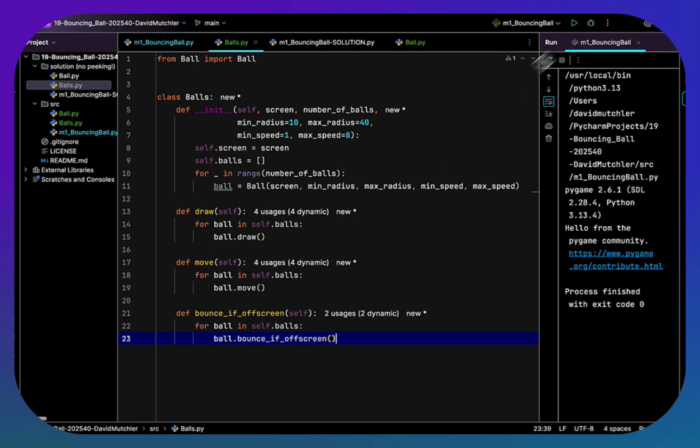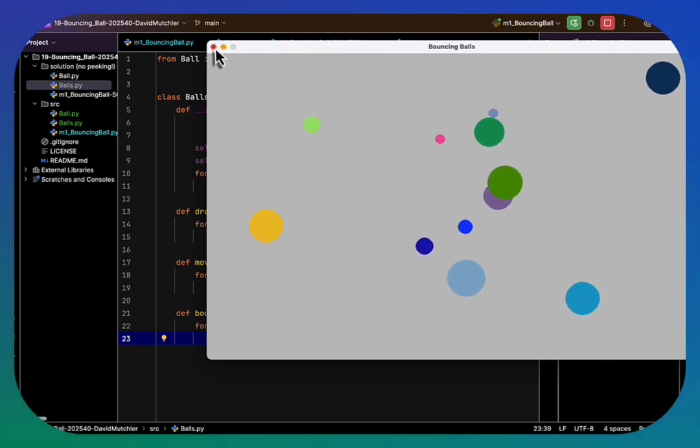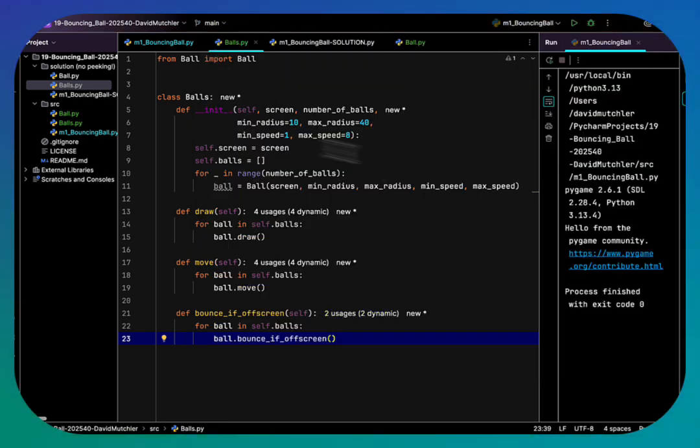Now, if I run, nothing exciting happens because I haven't constructed a balls instance in main, but it shouldn't crash. So if yours crashes, you have some typo, and you should look back to here to see what's up. Back in main,